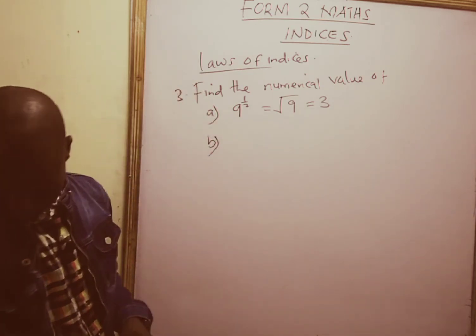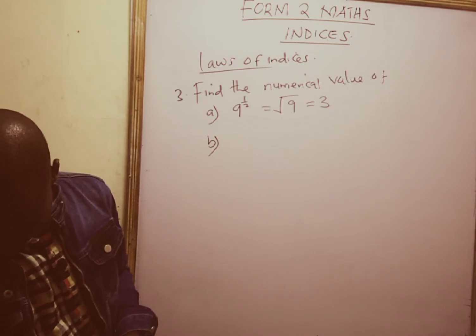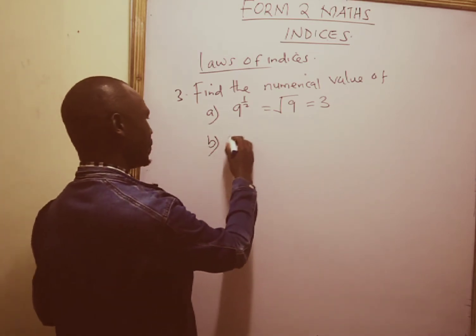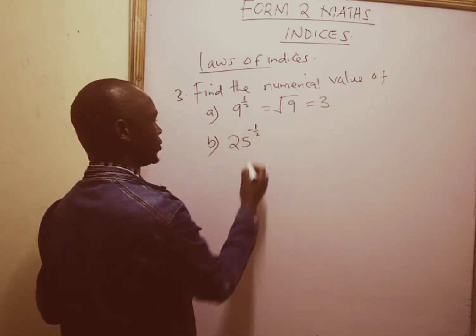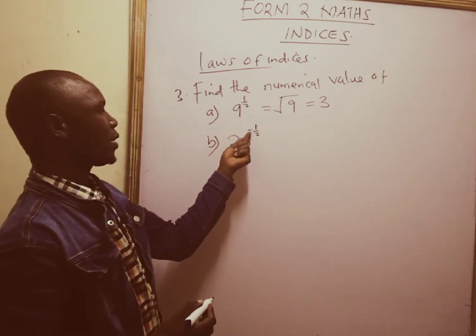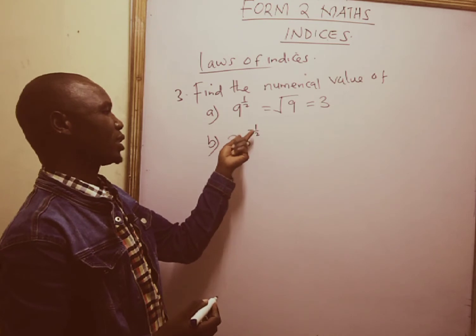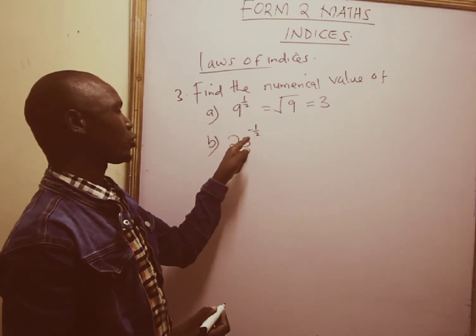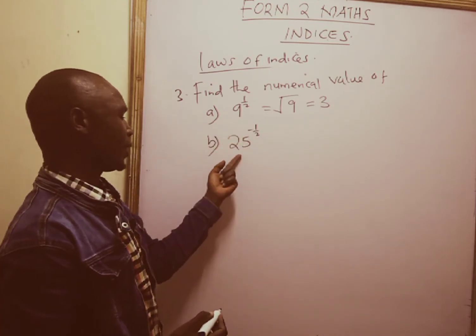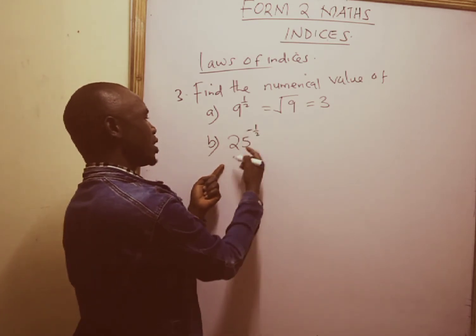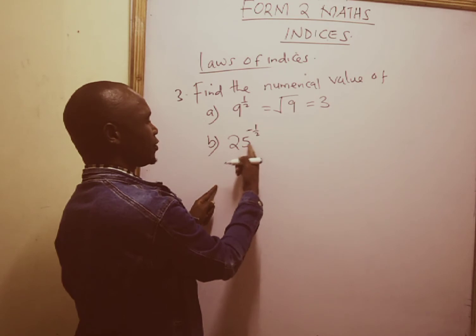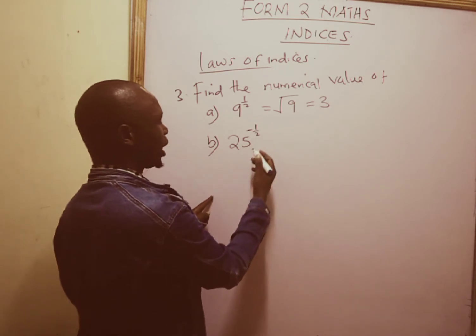B, we have 25 raised to power negative half. If 25 was raised to half without negative, it could have meant the square root of 25 straight away to get us 5. But this negative here means the reciprocal of 25 raised to power half, which can be written